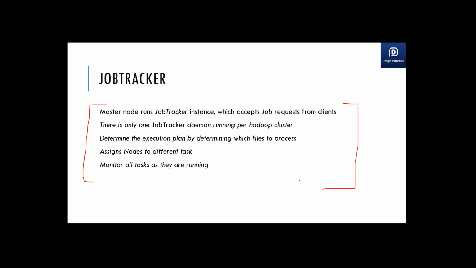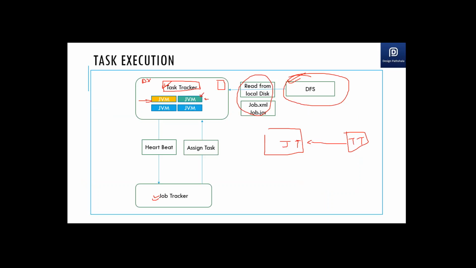It basically determines the execution plan and does all the bookkeeping activity for you, distributing the whole processing to different data nodes. And everything is defined for you. So say this data node was running the logic for block 1 of some file, and while running it, something went wrong.